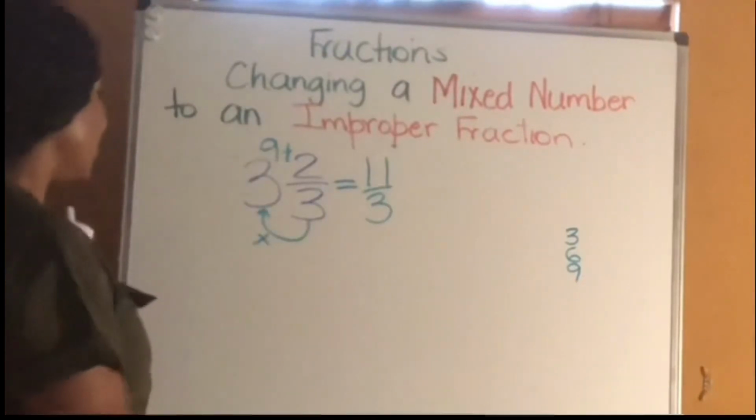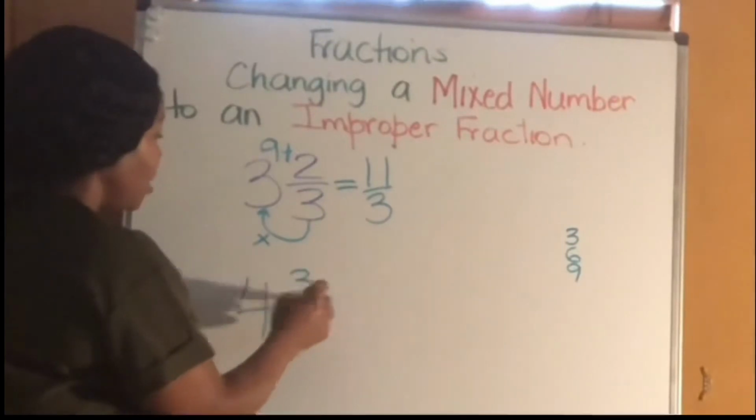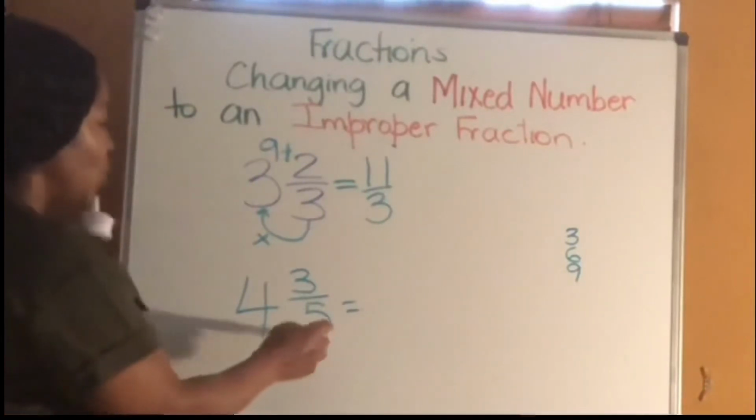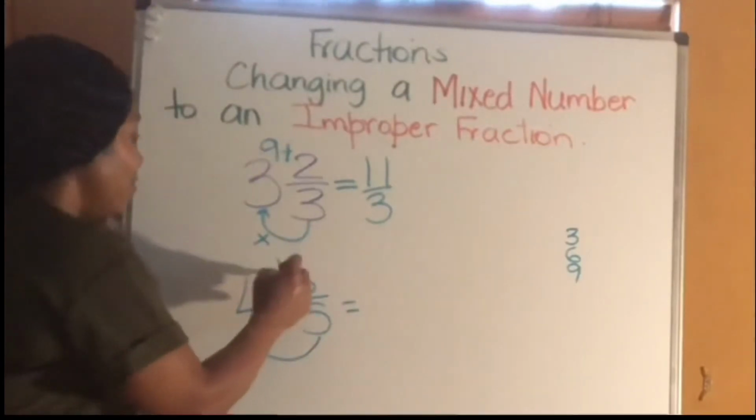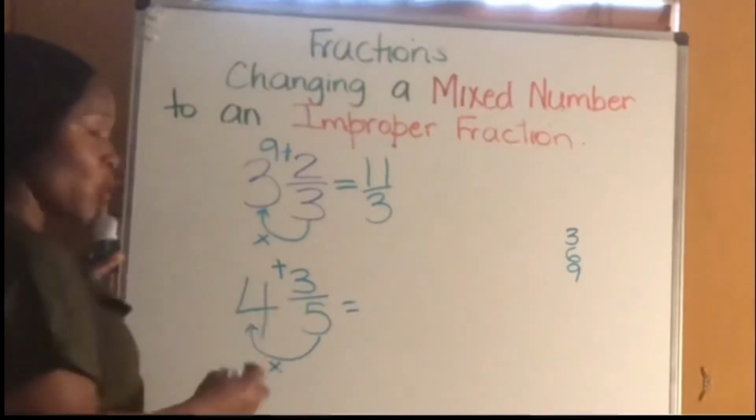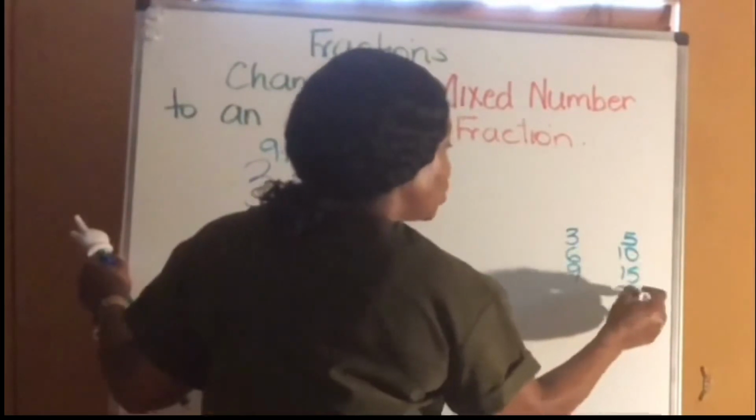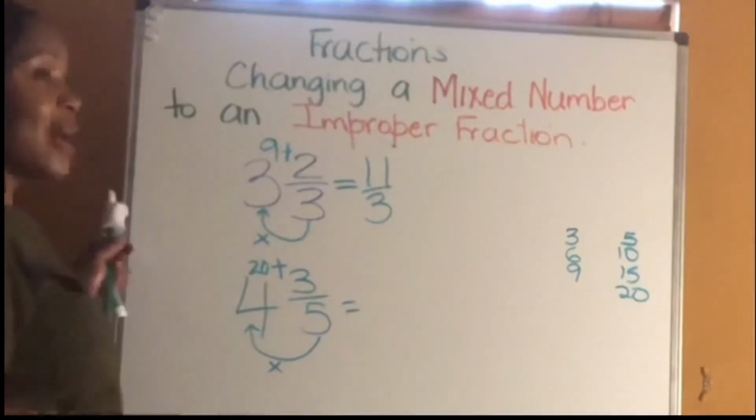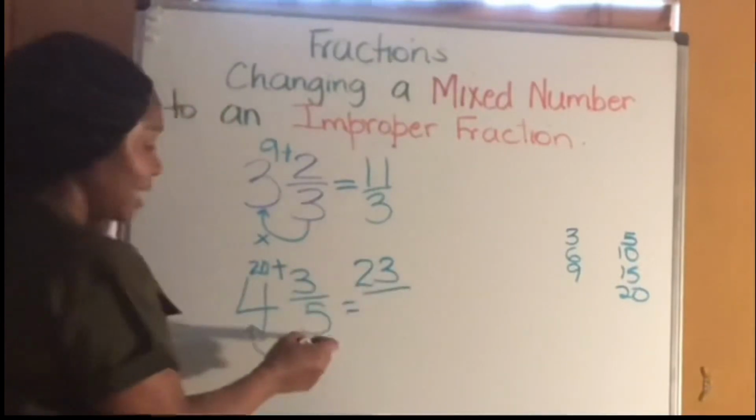Let's try another one. 4 and 3/5. Again, we're going all around the world. So we're multiplying the denominator times the whole number, and whatever we get, we add it to the 3. So 5 times 4, again, if we don't know, skip count. 5, 10, 15, 20. So 5 times 4, that's 20. I'm writing it there, and then I'm adding 20 plus 3, that's 23, and our denominator remains the same, so